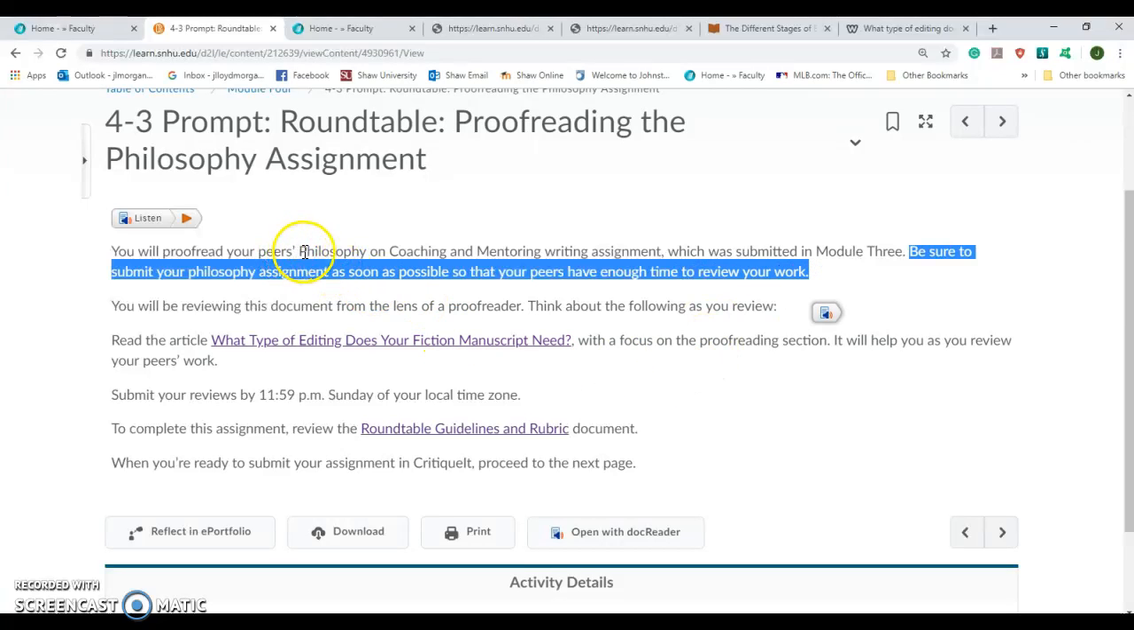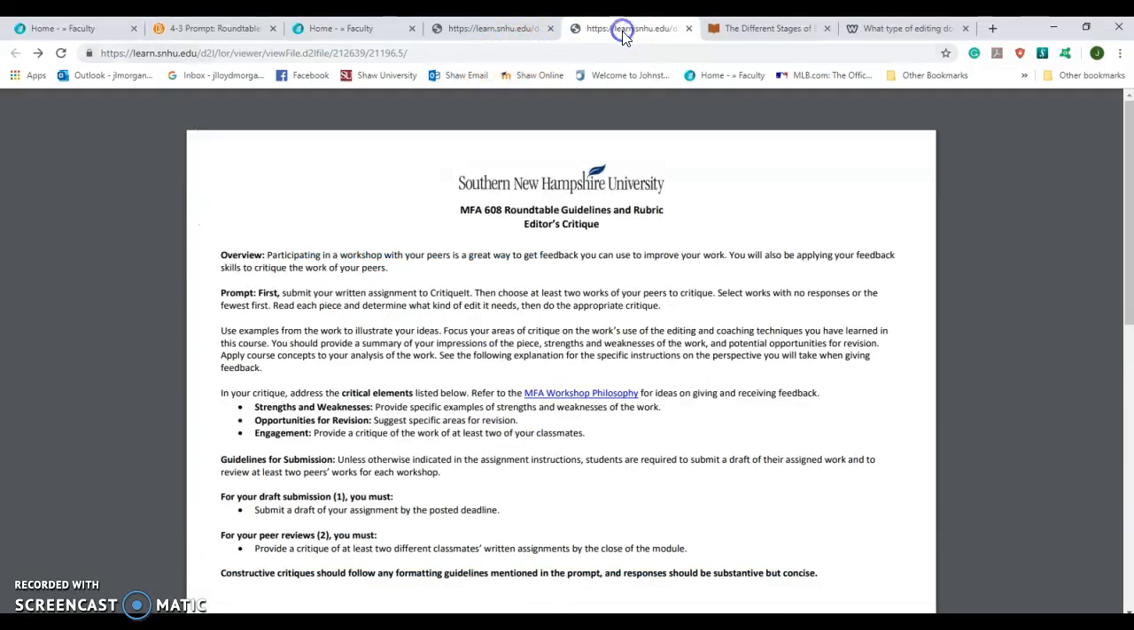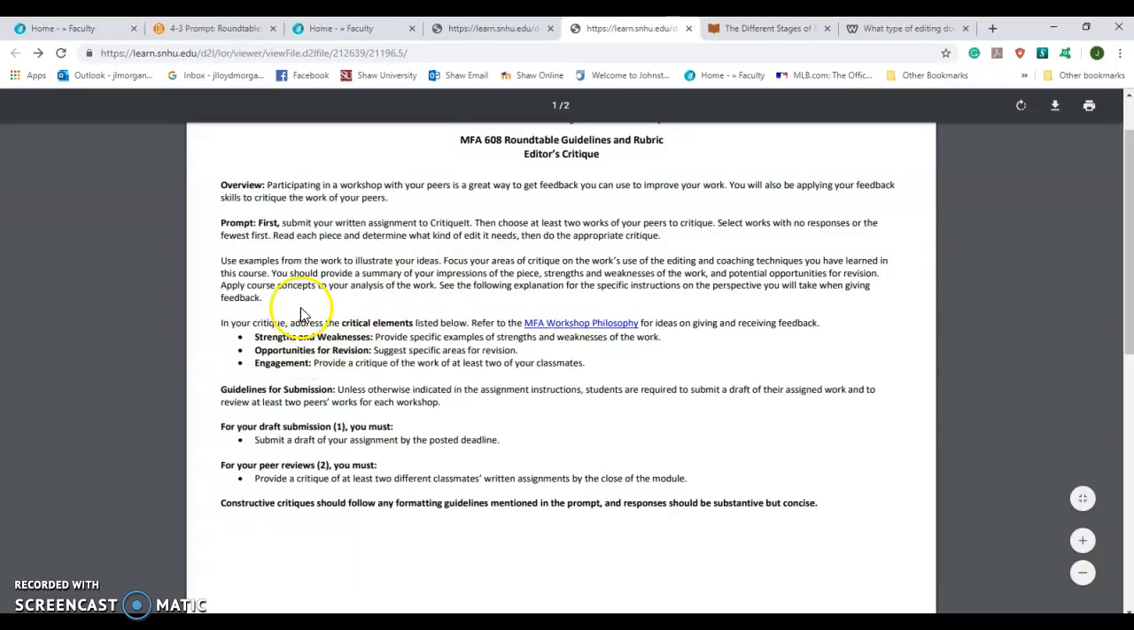So you're going to upload your paper, and then you're going to peer review 2 of your classmates. And so that assignment is right here. Okay, so basically what you're going to be doing is you're going to read through it, and you're going to look for their strengths, provide specific examples of strengths and weaknesses in their work. Okay, opportunities for revision, suggest specific areas for revision, and make sure that you critique at least 2 of your